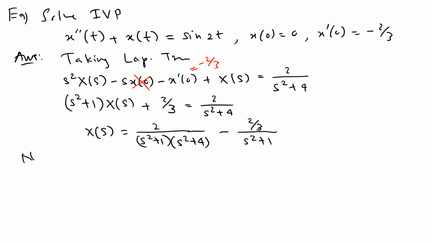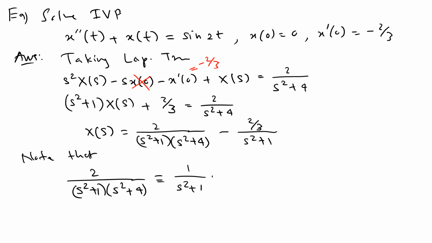So note that 2 over s squared plus 1 times s squared plus 4 equals 1 over s squared plus 1 times, I put the 2 to the other one because it simplifies well, like that. And then you can see that this is the F(s) function, this is the G(s) function, and because of that